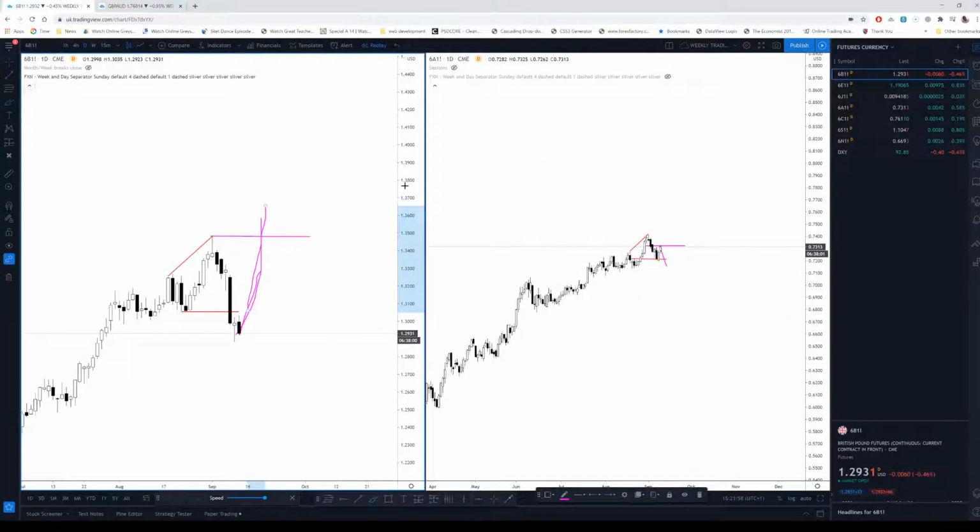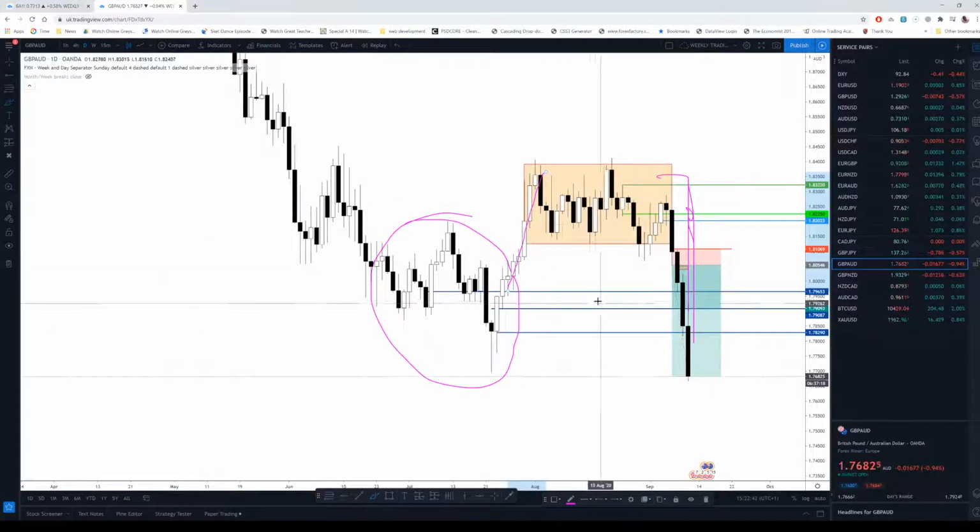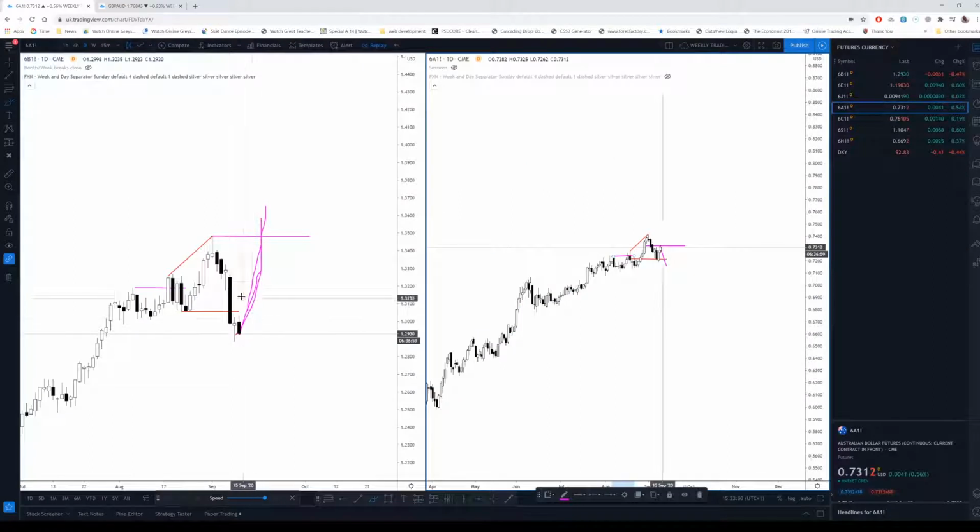Why? Let's go back. I want you to steady here, right in there. Look where I've got my wick. Right in there. This managed to break above it. It closed above it, whilst this didn't. On the 18th of August, it didn't. Let's go back and look at the 18th of August. Where was it? Right there. The fact that this didn't break above, this broke above, that didn't break above, that is a trade on